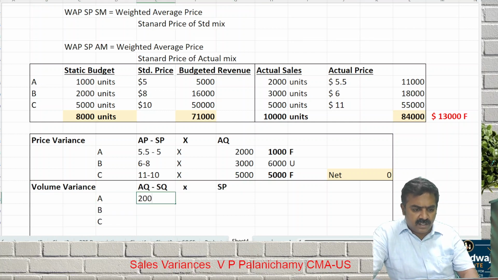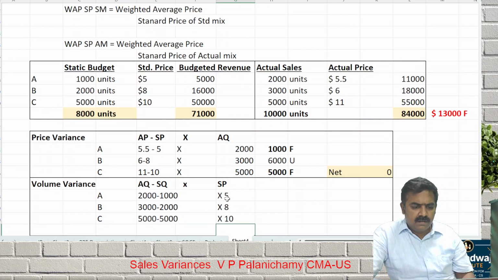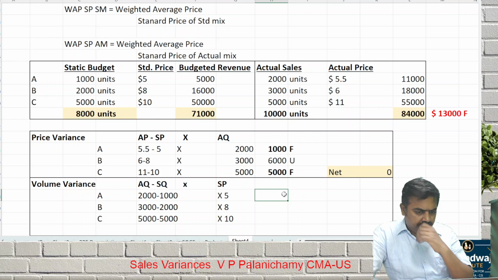Actual quantity minus standard quantity. 2,000 minus 1,000. This one 3,000 minus 2,000. This one is 5,000 minus 5,000. This into standard price. $5,000 favorable,